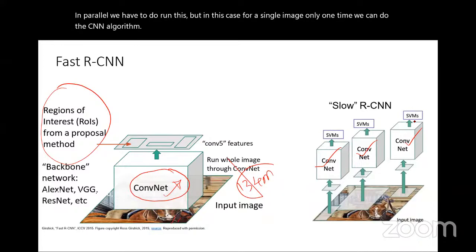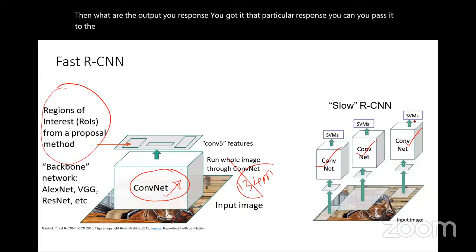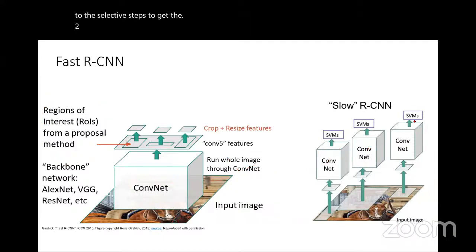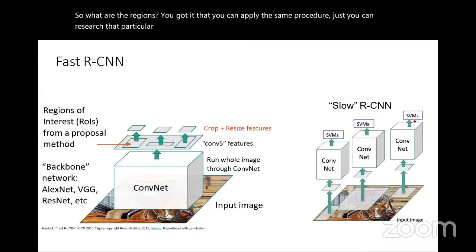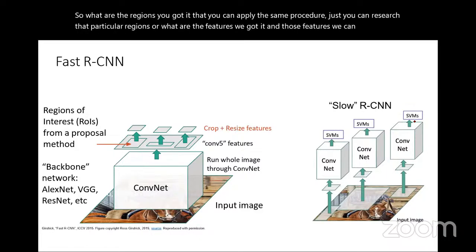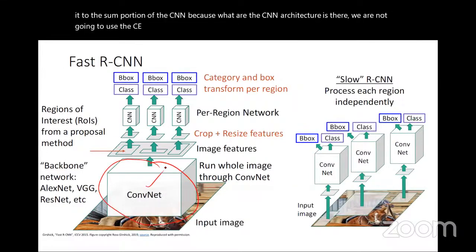Then the output response you got can be passed to the selective search to get the 2000 regions. What regions you got, you can apply the same procedure. You can reuse those regions, or the features we got, and pass those features to some portion of the CNN. Because we are not going to use the entire CNN architecture here. Why are we not going to use the entire CNN architecture? If you try to recollect the